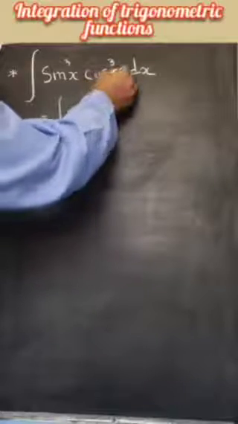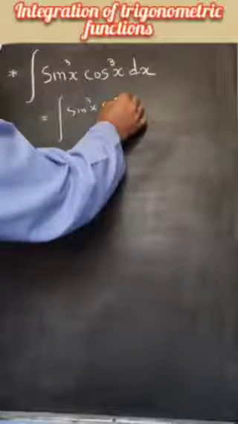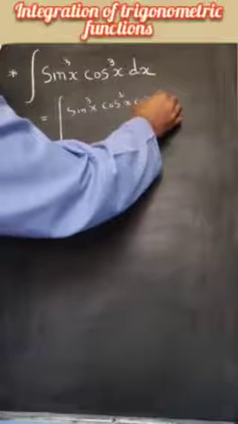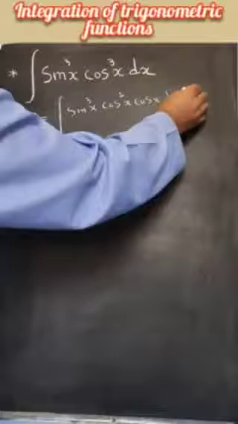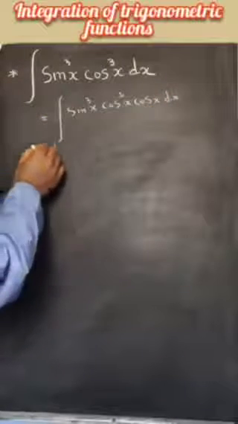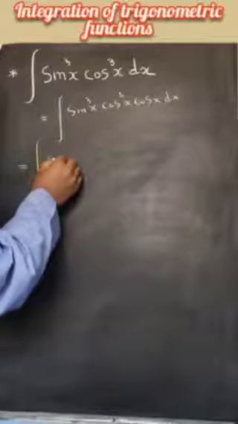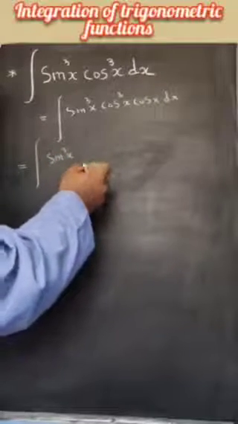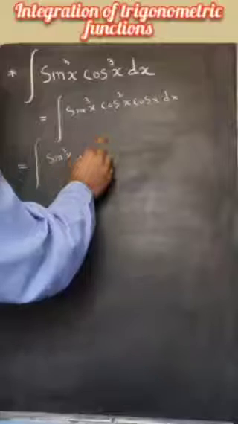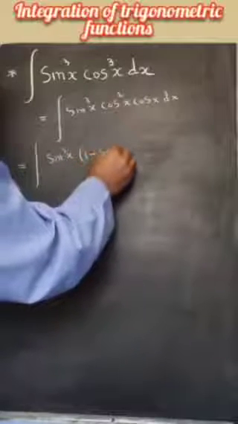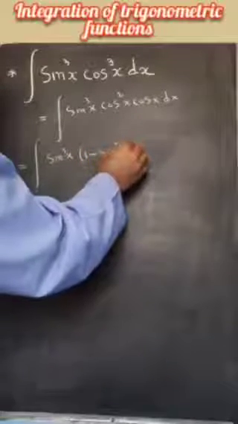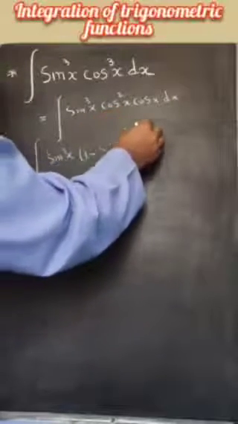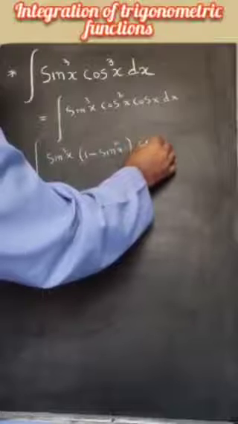Now we can write cosine cube x as cosine square x into cosine of x. That is further equal to integral sine cube x. Now instead of cosine square x, we can write 1 minus sine square x, because we know that 1 minus sine square x is equal to cosine square x. Then we have cosine of x